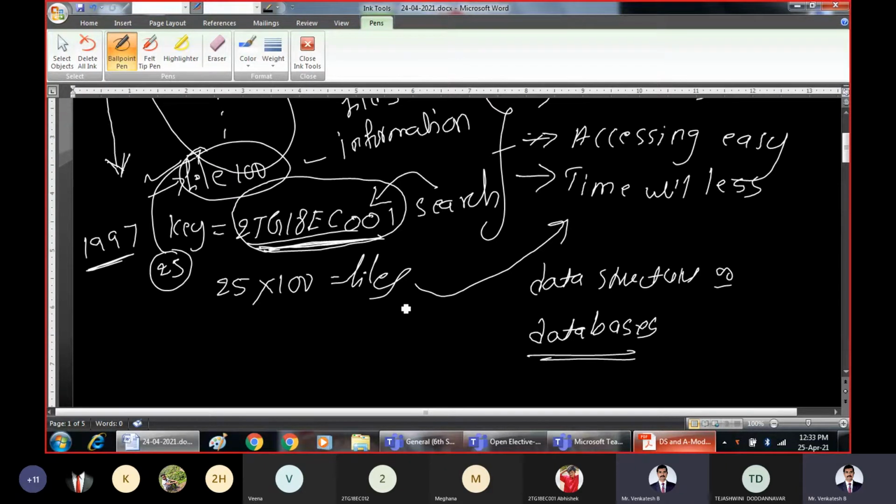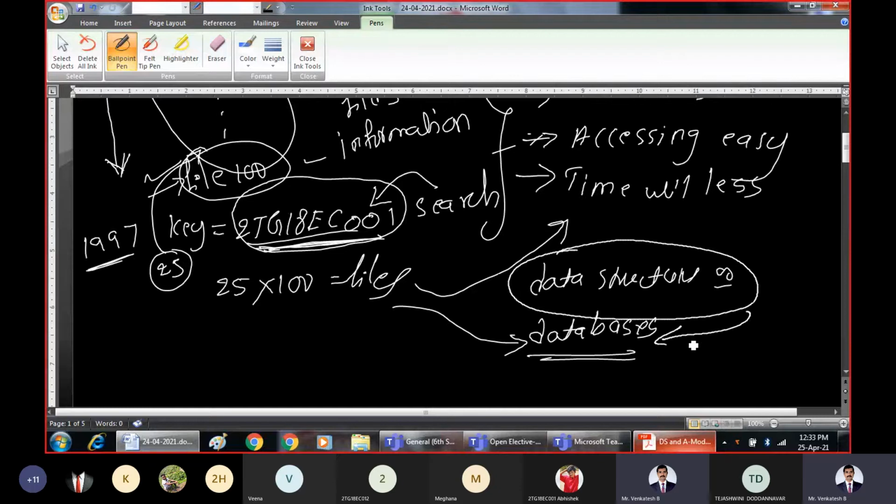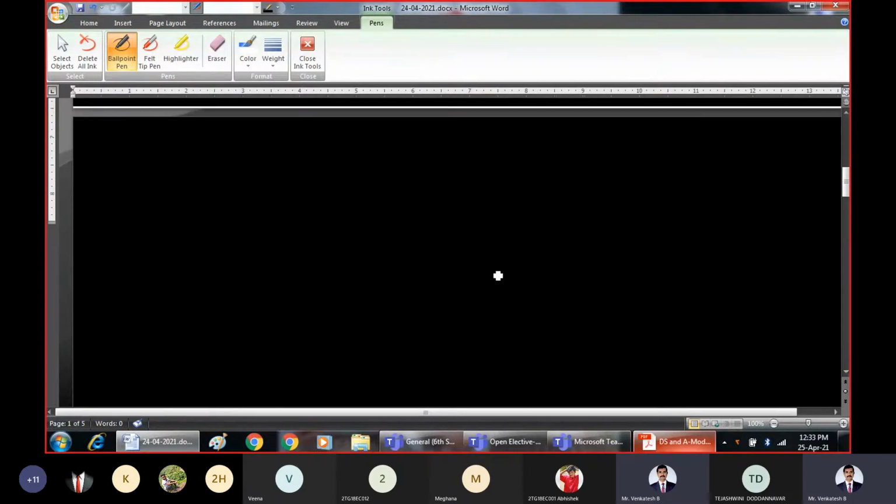That means the database will contain the details of all these files. And in turn, this database will make use of these data structures for storing the data. So ultimately, what is a data structure? The efficient organization of the data so that it can be accessed properly. That is what a data structure is. And why do we need the data structure? For efficient access of the data within less time, and whenever we want, we can immediately access the data. That was the essential need for data structures.